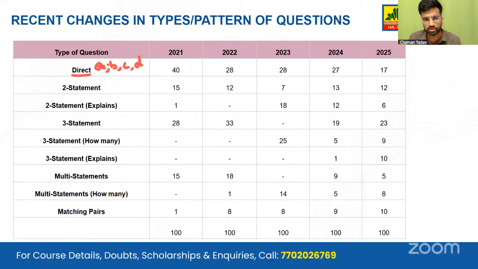Then there are two statement questions. You are given two statements, statement one, statement two, and you are asked whether only statement one is correct, only statement two is correct, both statements are correct, or neither of the statements is correct. So these are one of the UPSC types, which makes up 10 to 15% of the questions every year. It has come from this particular type of question. Exception being the year of 2023, when UPSC suddenly threw a surprise at every aspirant's face. We'll be discussing it in a bit of detail now.